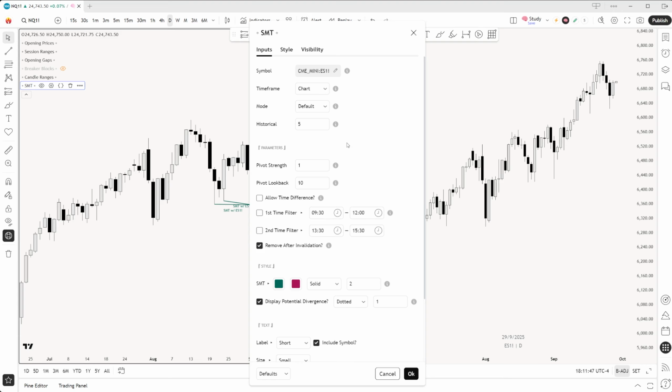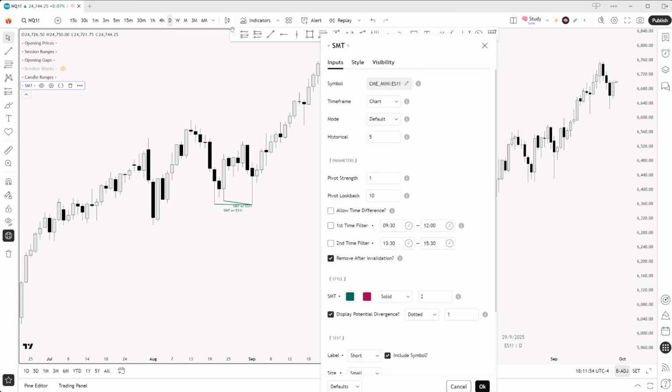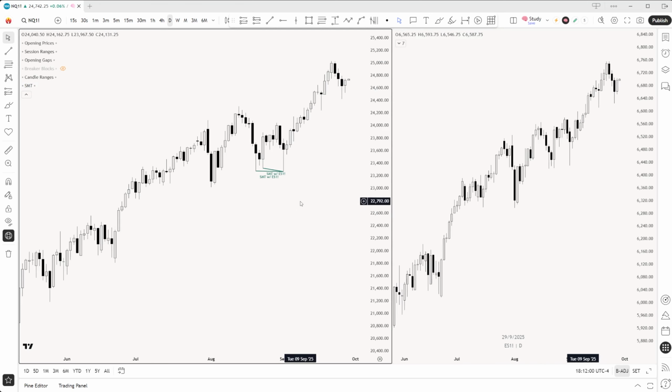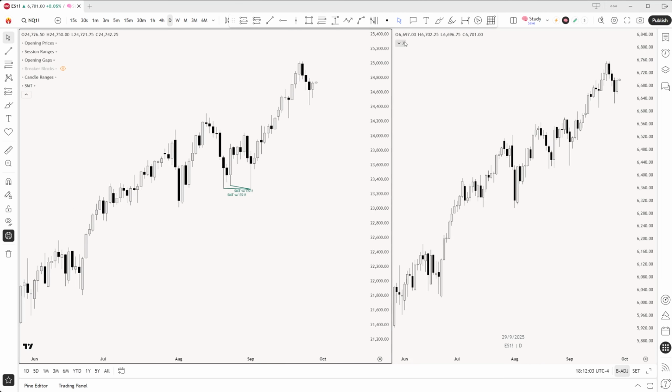But tomorrow, which will be our first price action review of the week, I will be going into all of these settings in great detail. So if that is something that interests you, then definitely be on the lookout for this. But default settings are what I'm interested in. I want to see recent SMT.